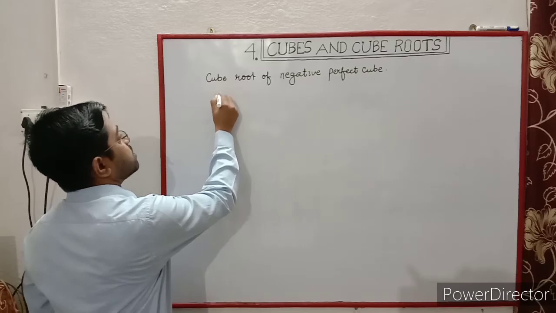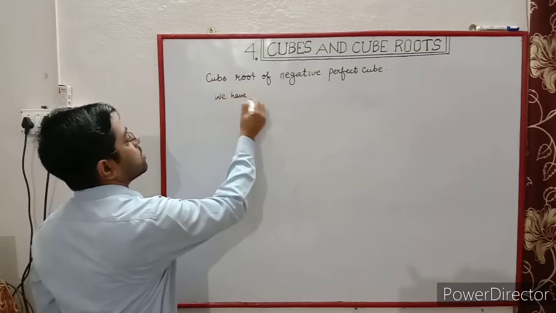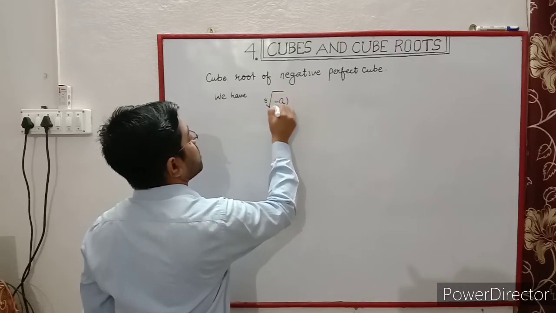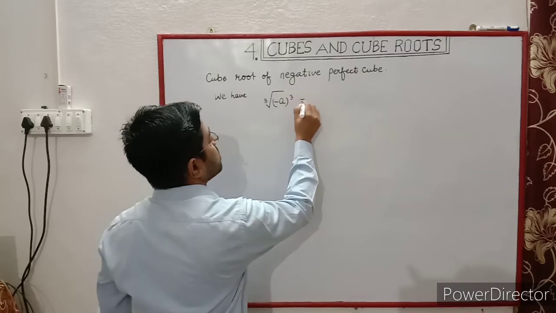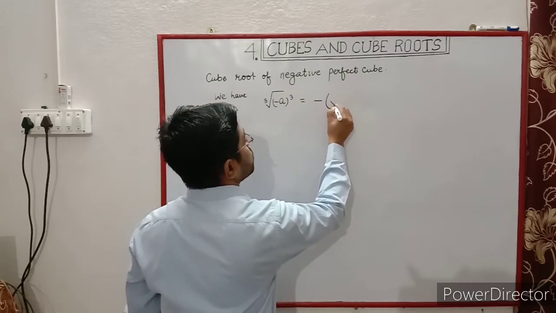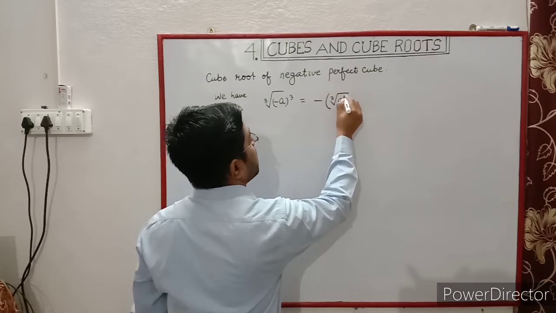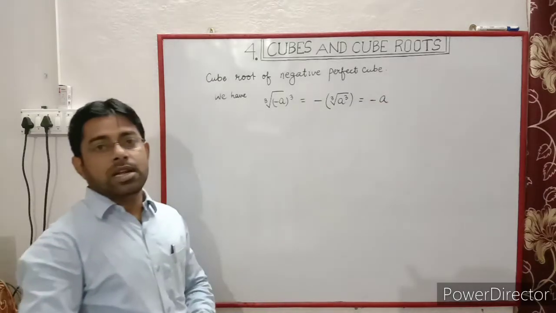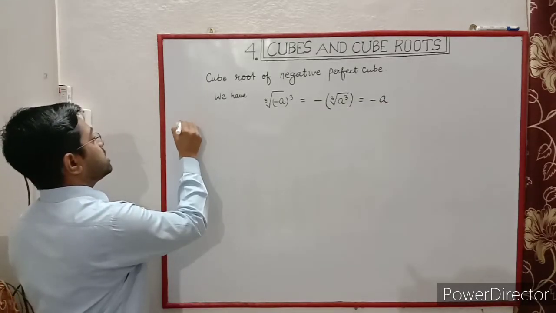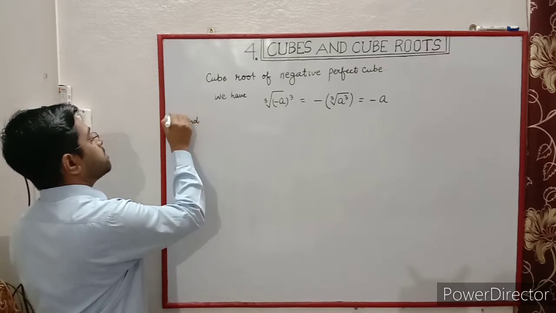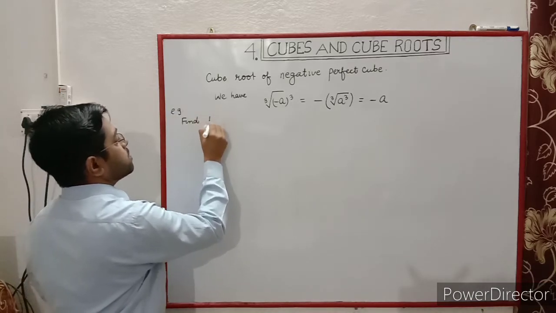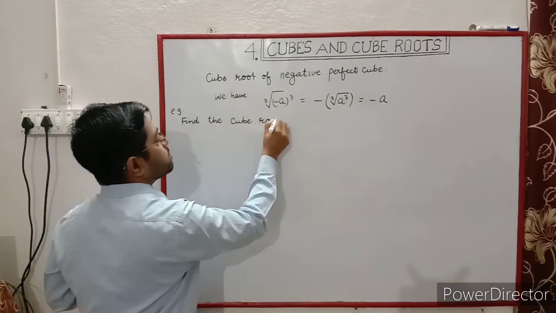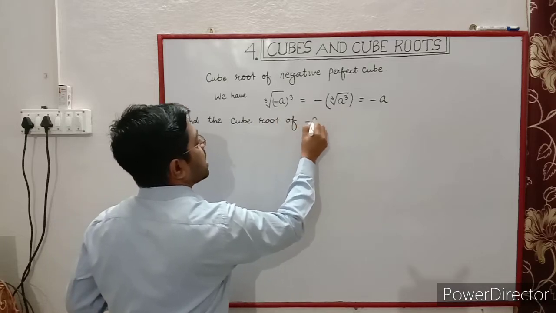We have cube root of minus a to the power cube is equal to minus cube root of a to the power cube. We can write minus a. Let's see the example. Find the cube root of minus